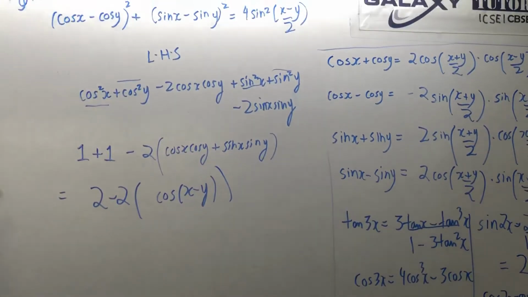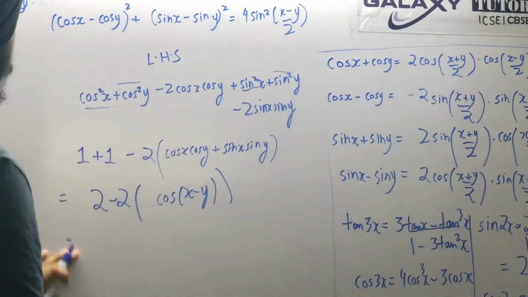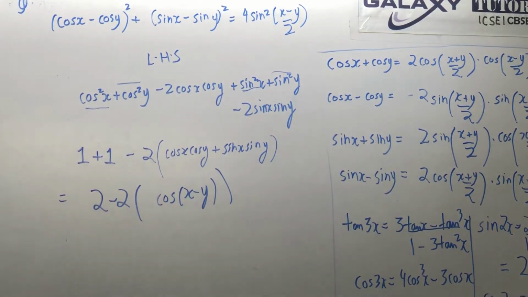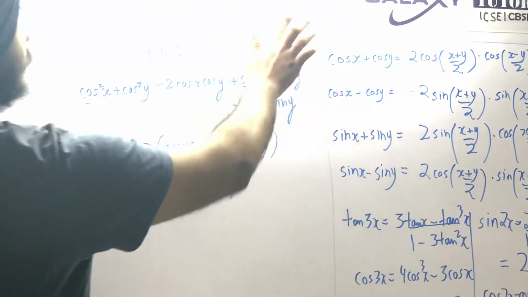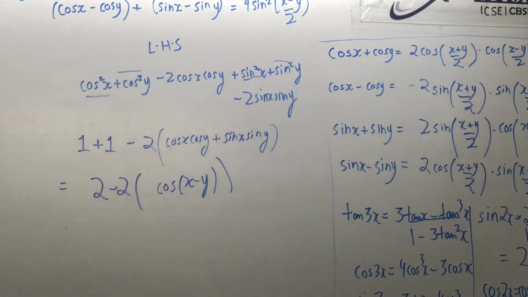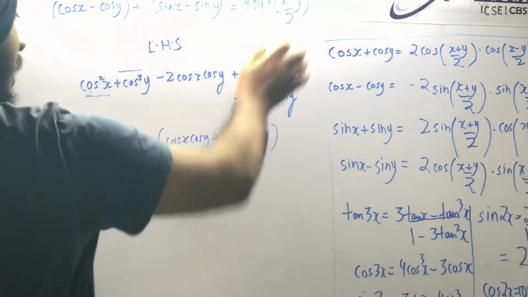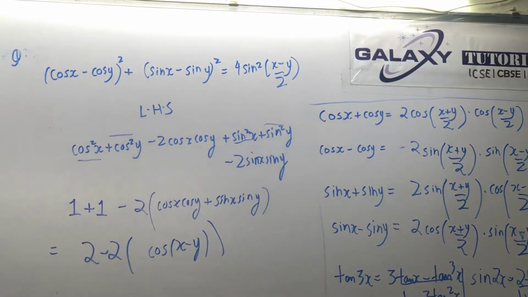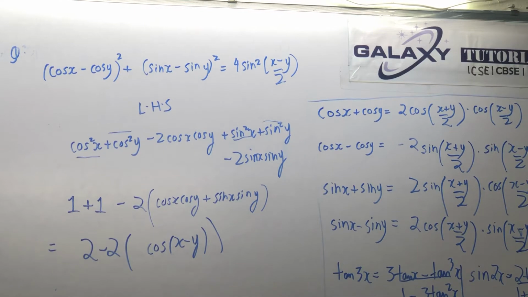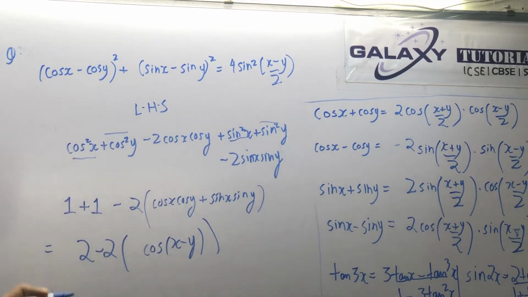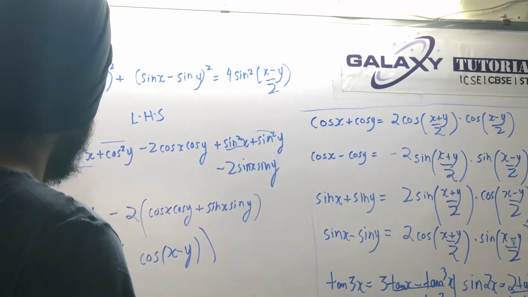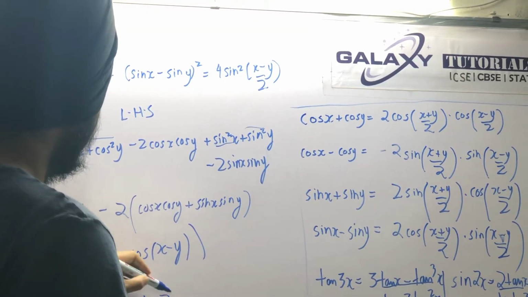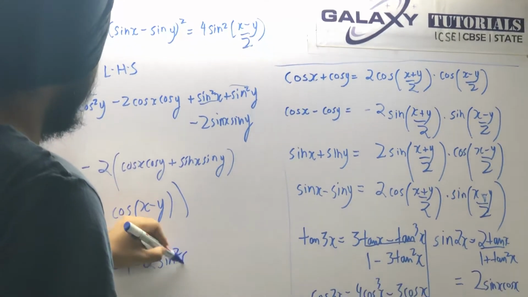Okay. Now just look carefully what I am going to do. This is some small trick here. I have here cos x minus y and I have to bring somehow sin square x minus y by 2. Now this angle is half of this angle. This is x minus y. This is x minus y by 2. So I will apply the double angle formula. What is the double angle formula? Cos 2 theta is equal to 1 minus 2 sin square theta. This is the formula, right?